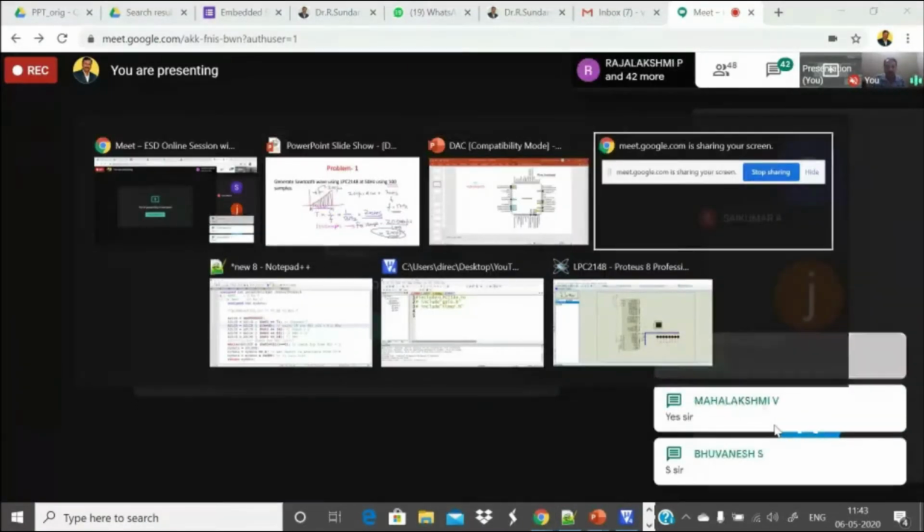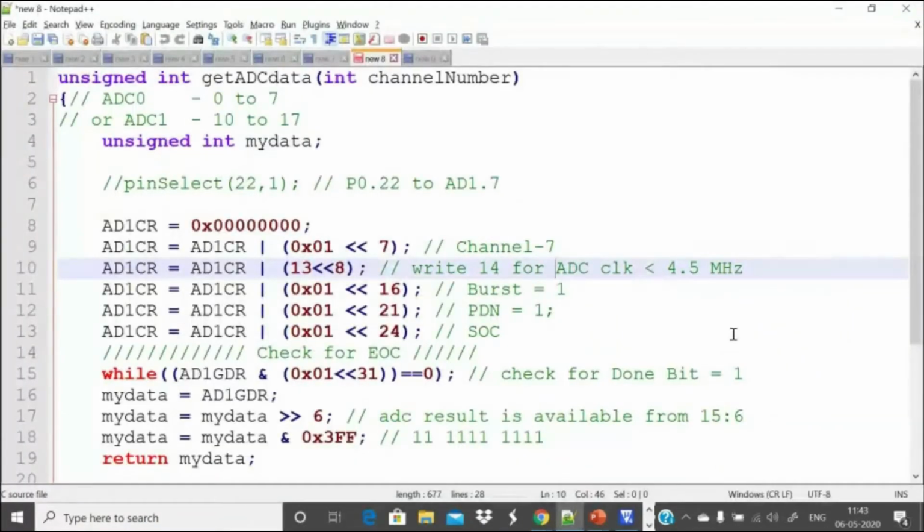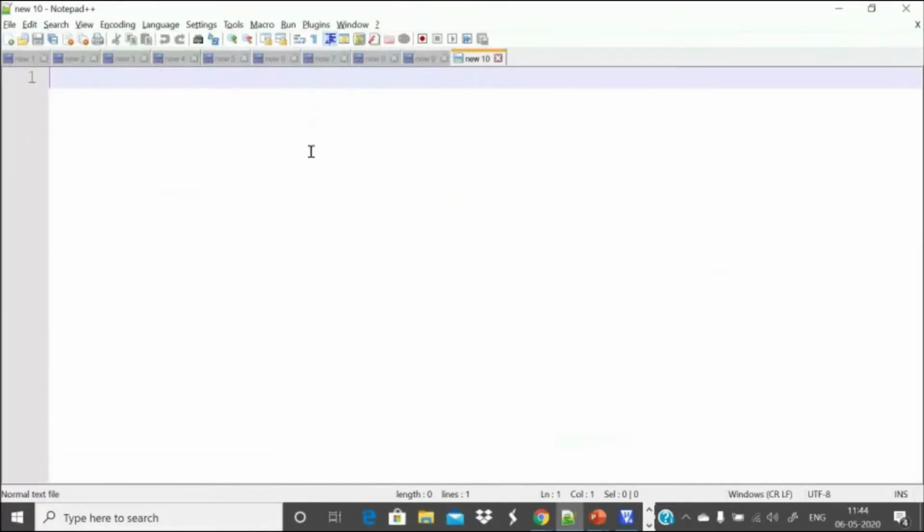So let us write a small function. This is the ADC function that we did yesterday. I assigned you a small task yesterday to complete it. I'm not sure whether you have completed it or not. So this is for DAC.